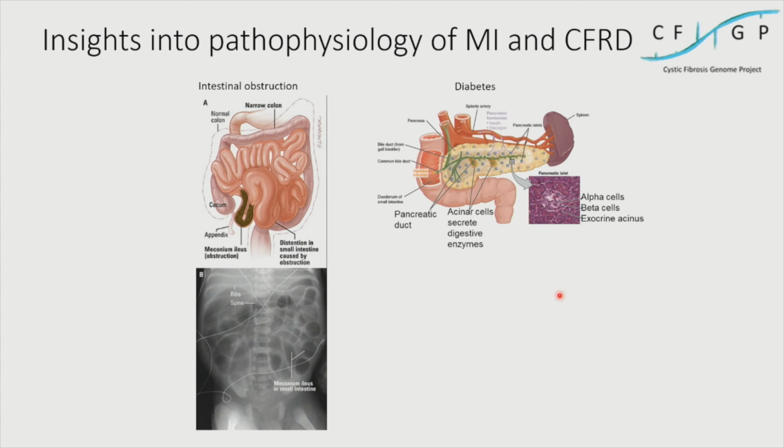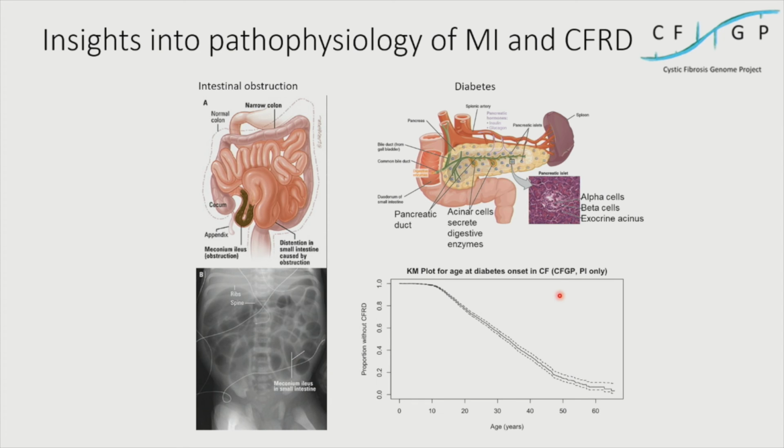Diabetes is primarily due to problems with the production of insulin from the beta cells within the endocrine pancreas. As we all know, the exocrine pancreas is the major problem in CF, and we believe that inflammation of the exocrine pancreas leads to problems with these islet cells and reduction in insulin. This has an age of onset that's progressive over time. In the 2nd to 3rd decades, diabetes starts appearing, and if patients live into their 50s and 60s with CF, they'll all get diabetes. So there's 2 very different complications of CF: intestinal obstruction, an in utero problem, and diabetes, an